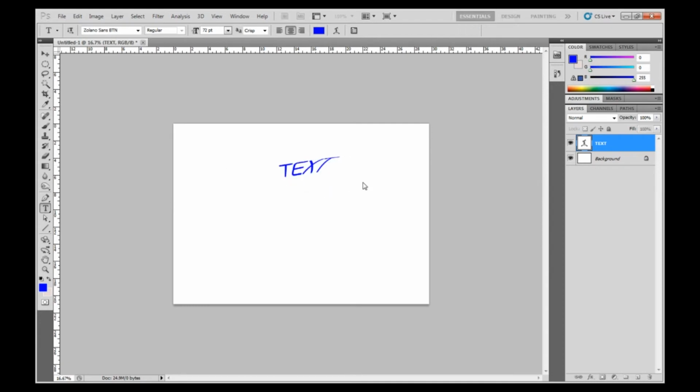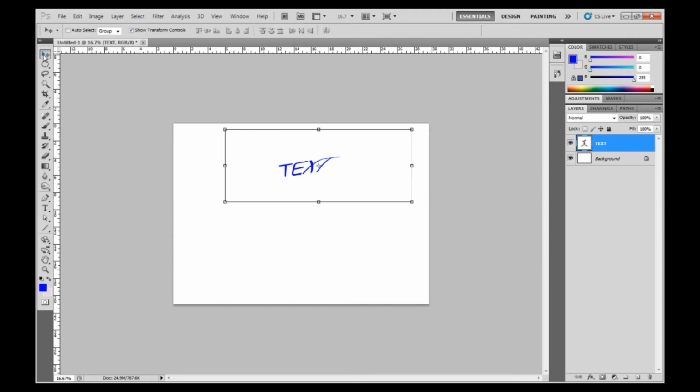So that doesn't mean that it's the end of being able to edit the text, it just means it's closed off for now. Now at the moment that text is in totally the wrong place. I want to centralize that and maybe make it a little bit bigger. So I'm just going to go over to this move tool, and you can see that puts these transformation controls